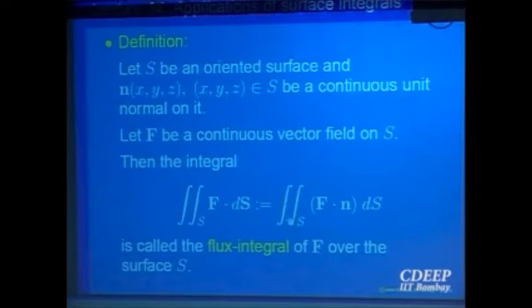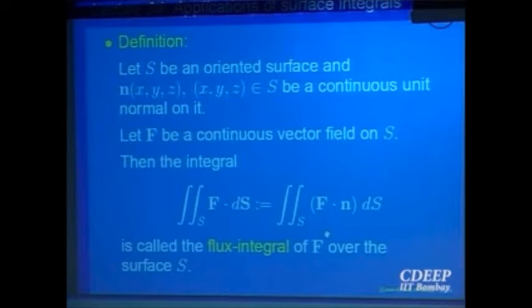So this surface integral is normally also written as F dot dS, where S is bold, indicating a vector. It is something similar to the line integral F dot dr. If C is a curve, then the line integral over C is also written as F dot dr. So there is something the same here. This is called the flux integral of F over the surface S. It is the surface integral of F dot n, where n is a unit normal vector chosen according to your orientation.